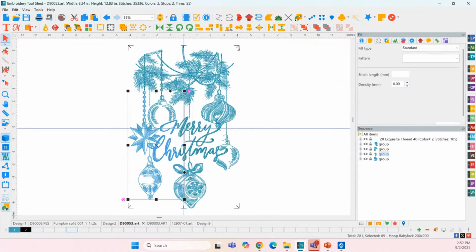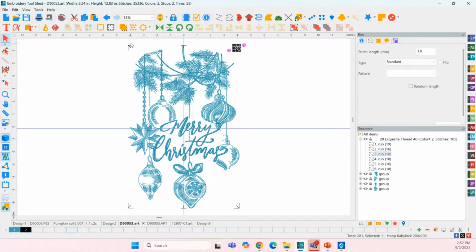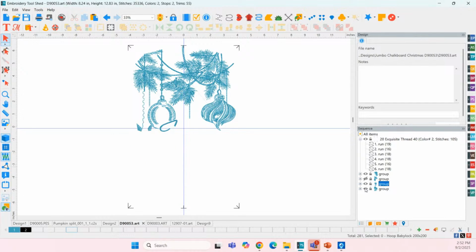And these placement marks, we could move around and actually put them around each one of these segments so that I create my own split design here. Okay, so that's an option if you don't have the split tool. I will tell you this instance here, not every single design is going to work, because if you have a